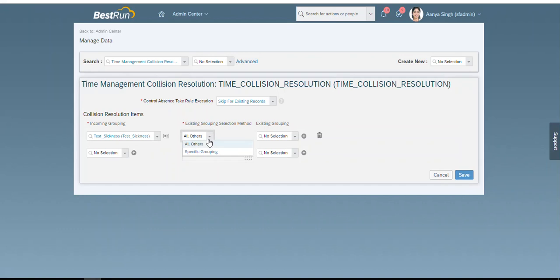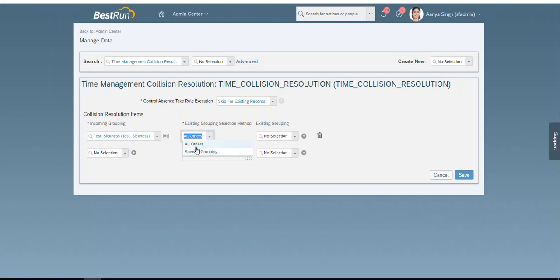So here in the drop down you can find two options. Either this group will be applicable for any kind of leave for which the collision is going to happen, or leave overlapping is going to happen with the sick leave. Means where this particular incoming collision group is associated with that particular time type. If that time type is going to have a collision or leave overlapping with any kind of leaves available for that particular employee, in that case for each and every type of leave this collision grouping will be handled if